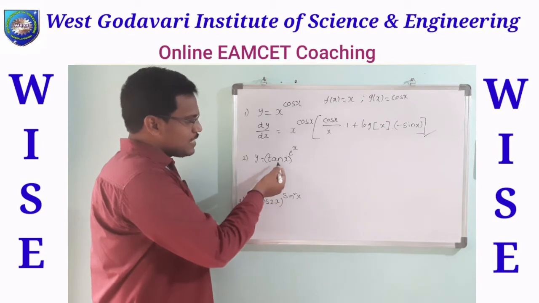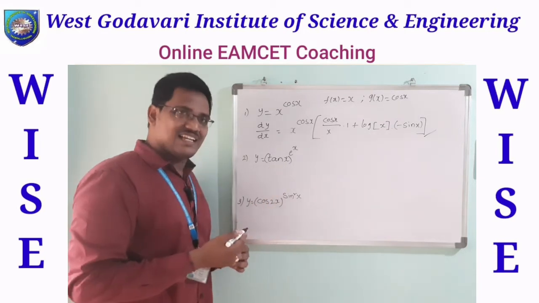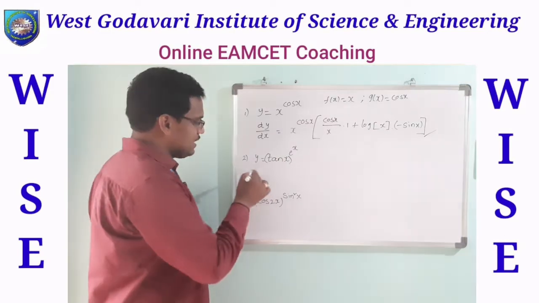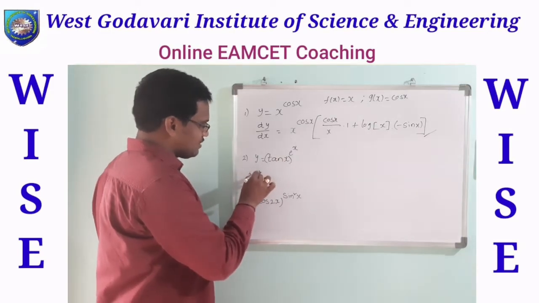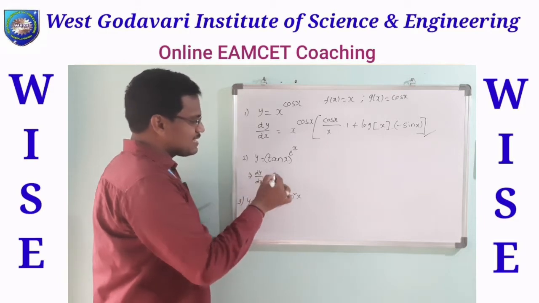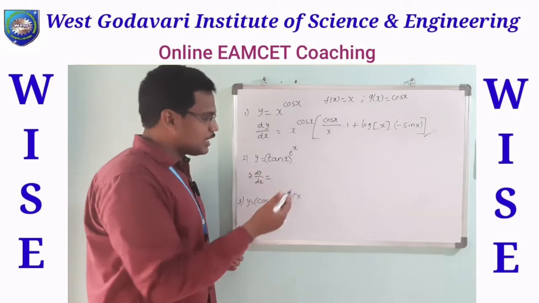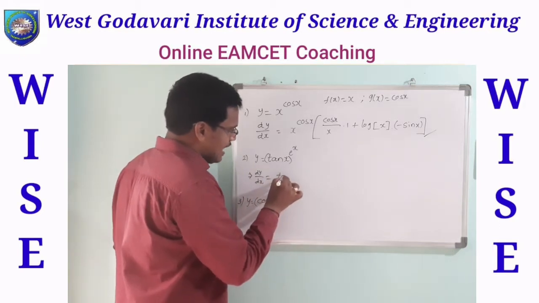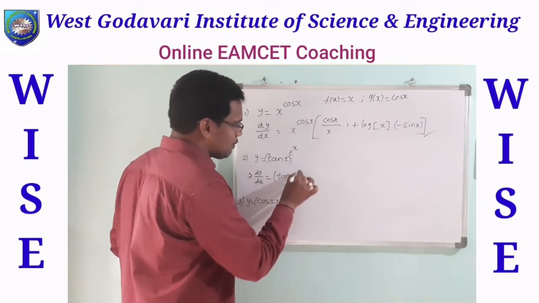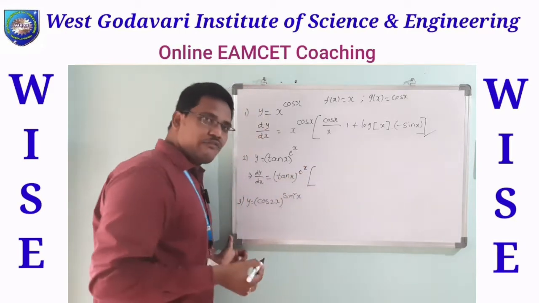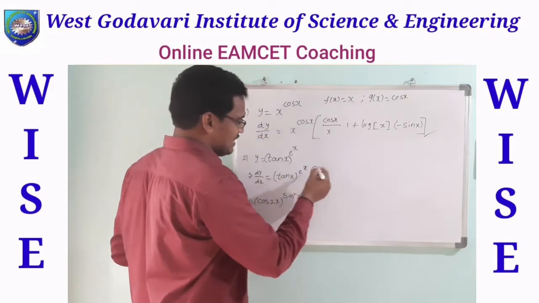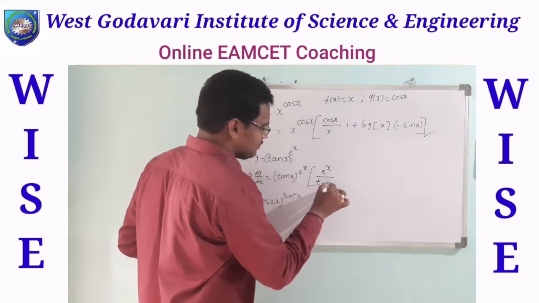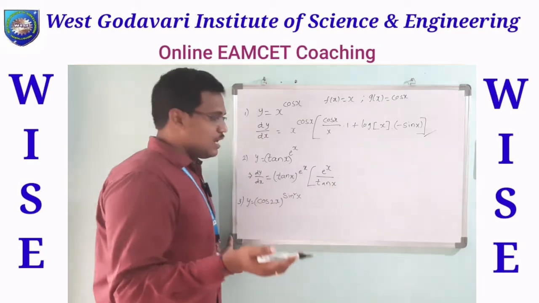Now see the another problem. Here in the place of f of x there is tan x, and in the place of g of x here it is e power x. Now see what is dy by dx. We know the shortcut method, that is f of x whole to the power of g of x by f of x. So it is tan x whole to the power of e power x, g of x by f of x. Then g of x is e power x, so e power x by tan x into f dash of x.